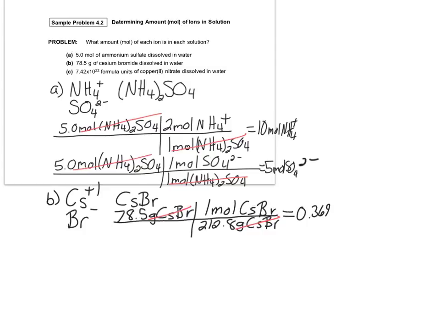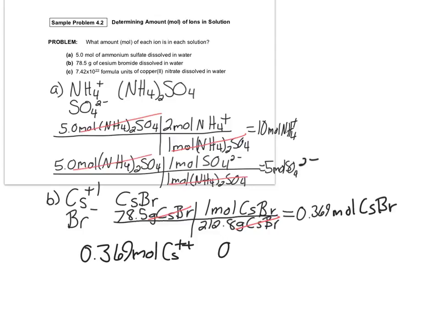Moles of cesium bromide. And if you'll notice from the chemical formula, for every 1 mole of cesium bromide, I have 1 cesium, and for every 1 mole of cesium bromide, I have 1 bromine. So that means that I would also have 0.369 moles of cesium,